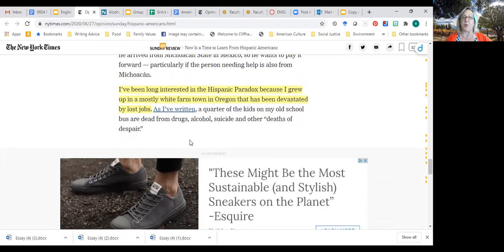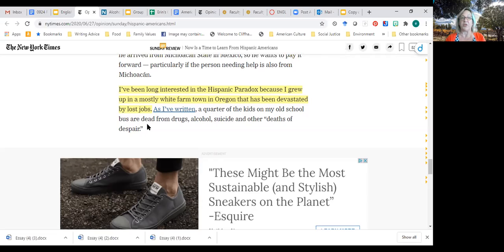Here's a rhetorical strategy. Before, he compared life expectancies in Hispanic communities with Black and white communities. He compared suicide rates, alcohol rates in white communities versus Hispanic communities.